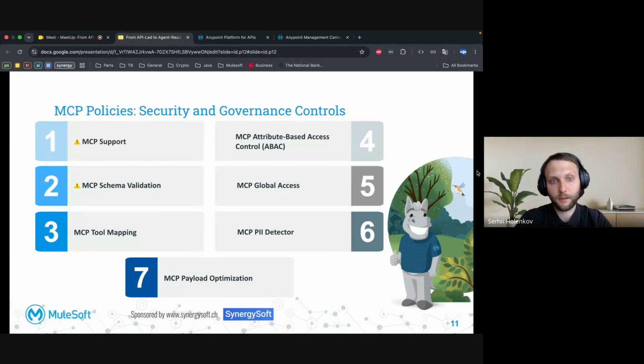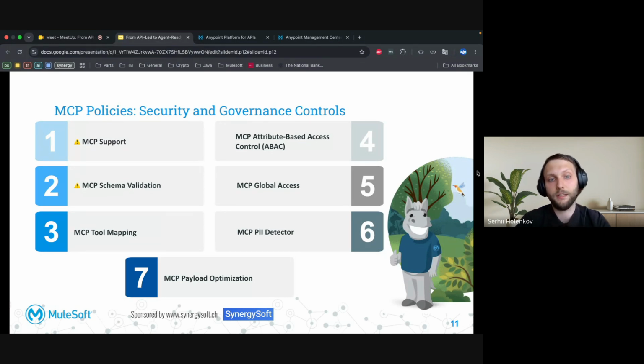The other 5 MCP policies are MCP tool mapping, which controls which tools are exposed to agents and how they are presented to ensure that agents only see and use approved business capabilities.